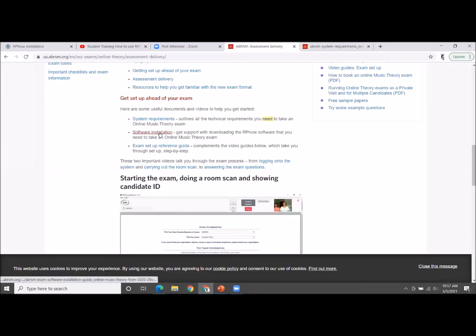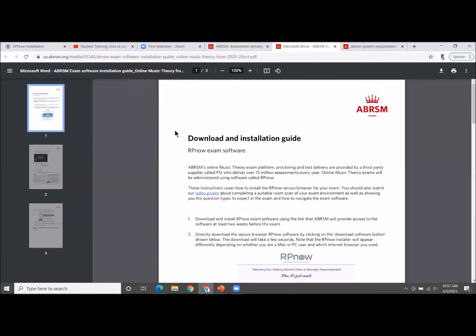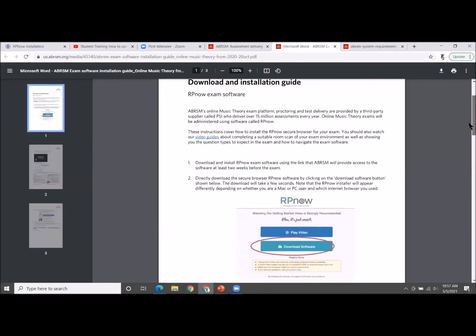Also, the software installation document tells you all about how to download and install your software. And it also tells you, again, the process that's required.